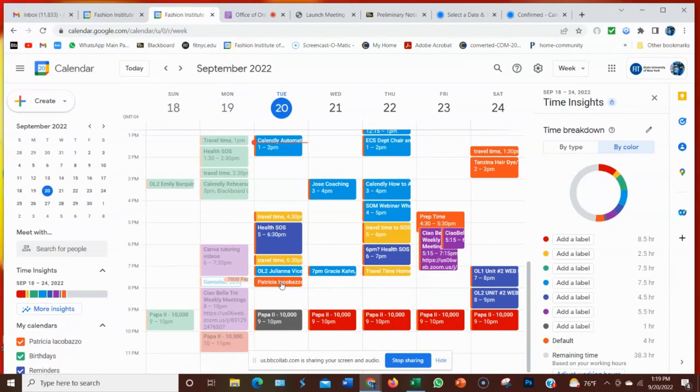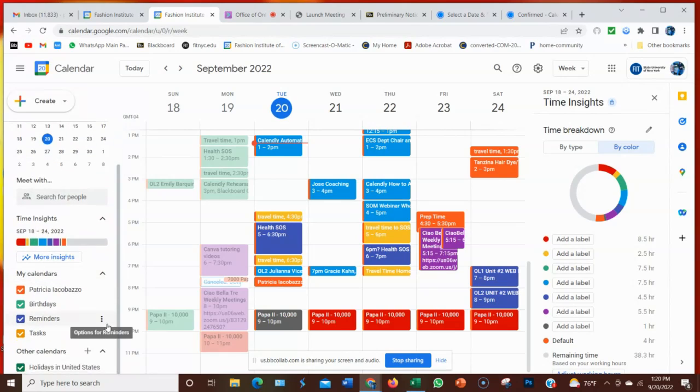if there was an event already taking place at 7:30 to 8, then that student would not be able to take that slot. It wouldn't have been available as one of the tabs to click on. So there would be no problems with conflicts of scheduling. And that's really the beauty behind Calendly as it integrates with your Google Calendar. And just like Patricia said, it's so lovely. It integrates her